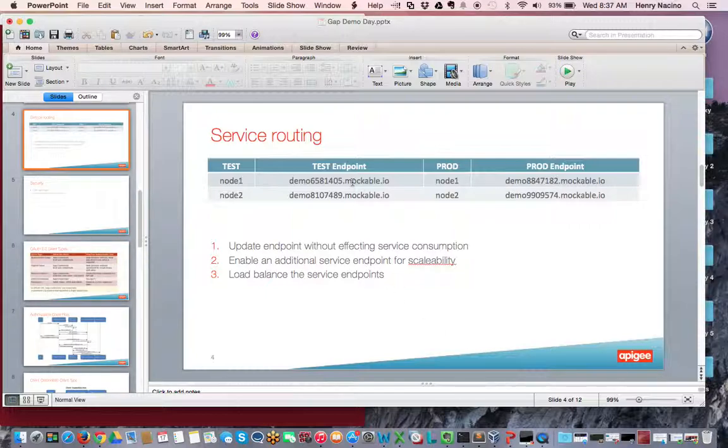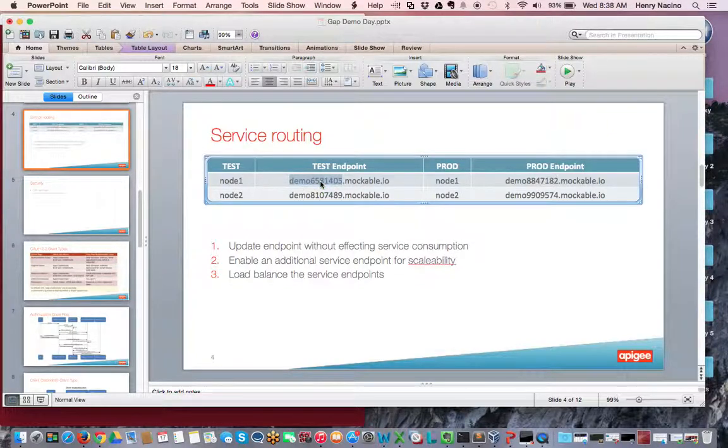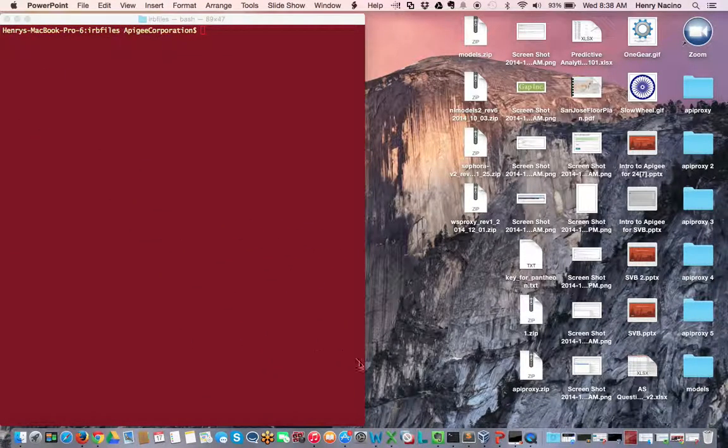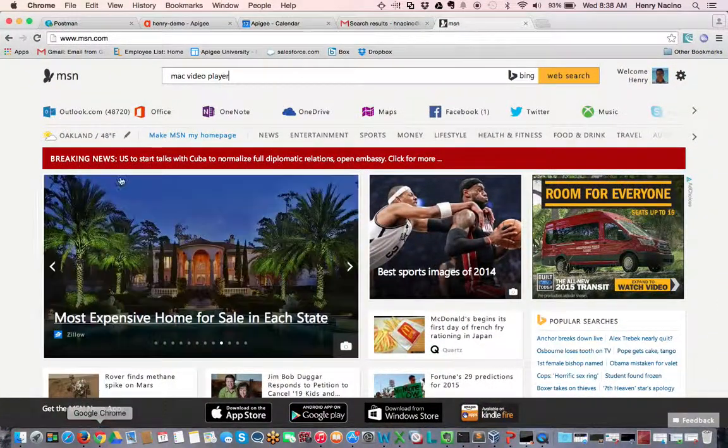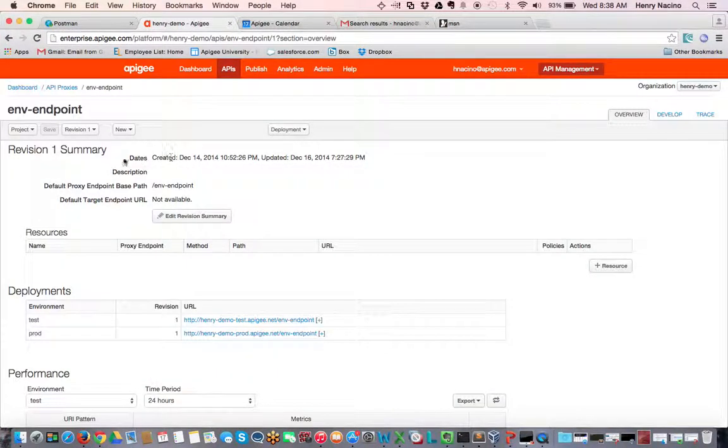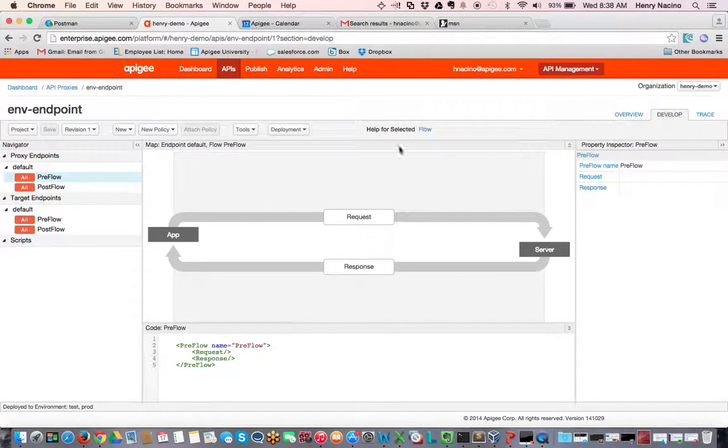In my demo here, what I have configured is a test endpoint pointed right here to demo 658.1405, and my production endpoint pointed to this one, 88.47182. So if we look at the configuration, let's go into Apigee, and I have a proxy which has been deployed in both test and prod. And if we look at